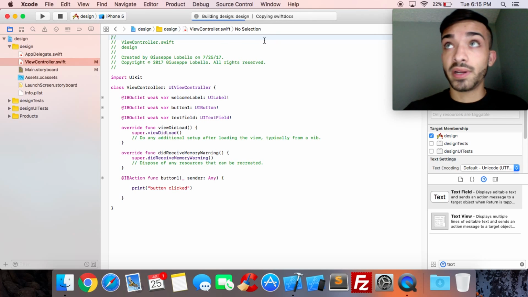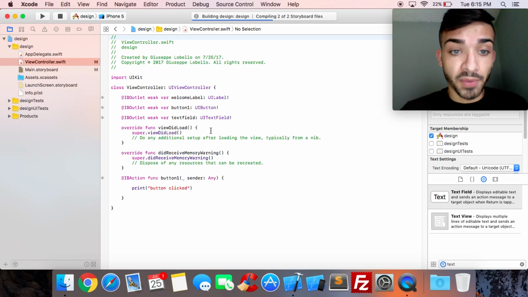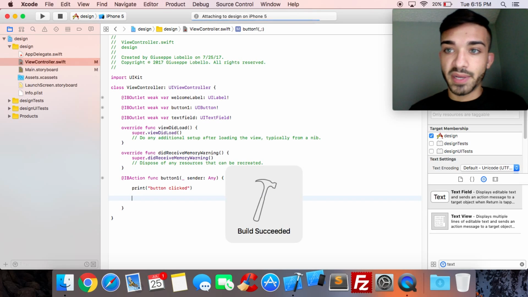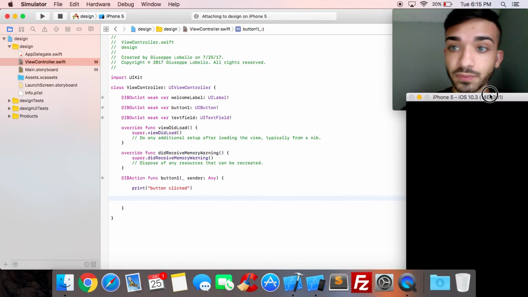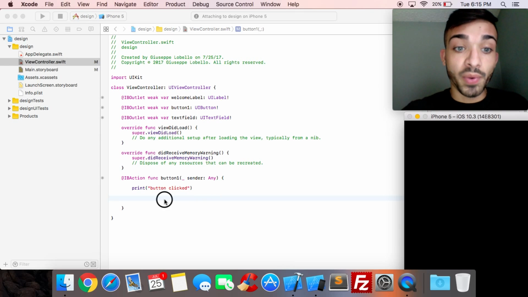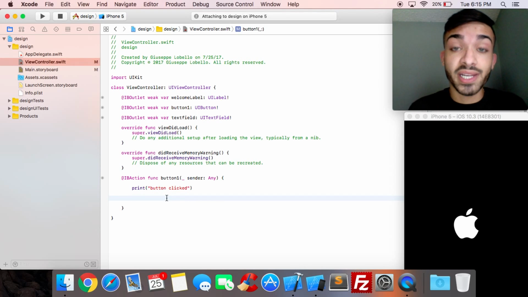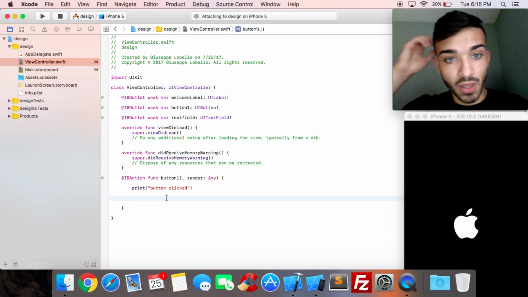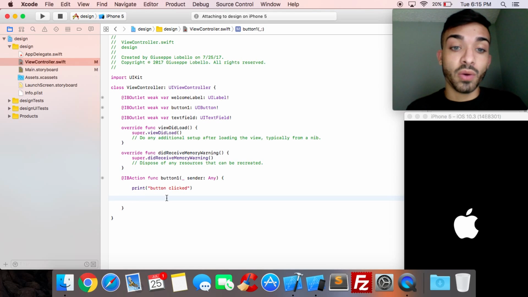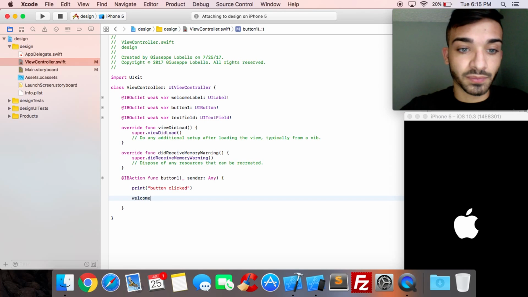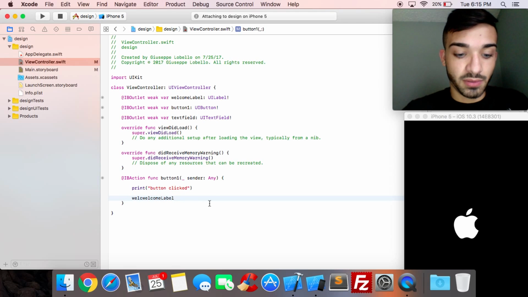And while this is building and running, I'm going to go ahead and do some other code. So instead of printing button clicked, we're also going to do something a bit different. What we could do is we can actually change the text of that label and even fill the text field with text. Alright, so, how do we do that? Well, what we could do is welcome label, because now that it's at the top, we just added it into our file. It's because it's running, so it's not going to show up. But you want to do welcome label dot text equals,